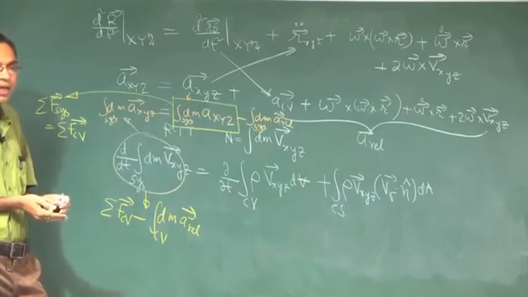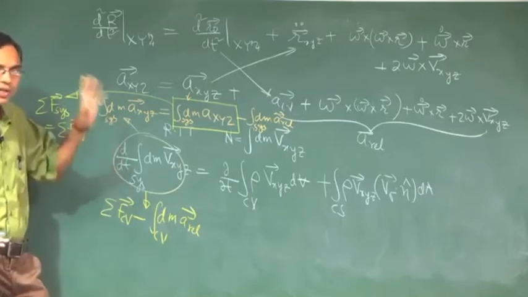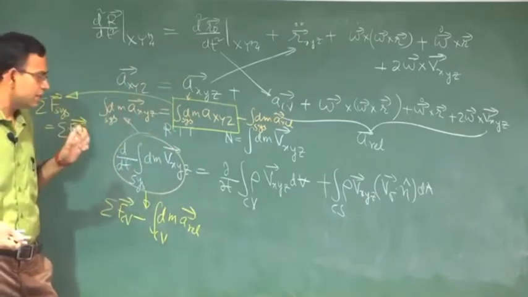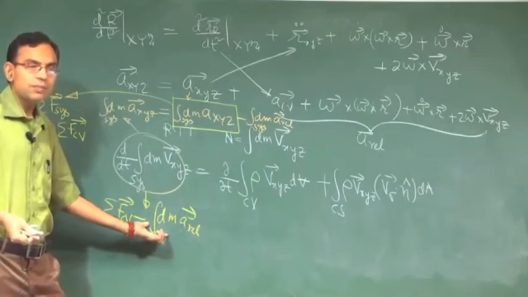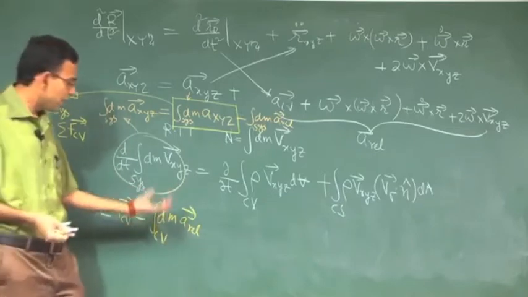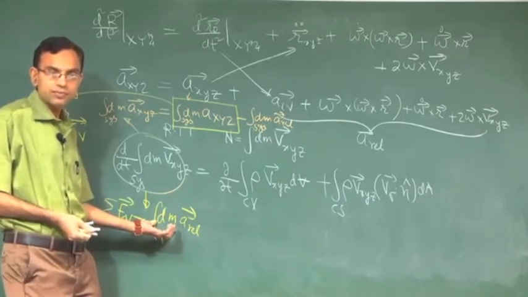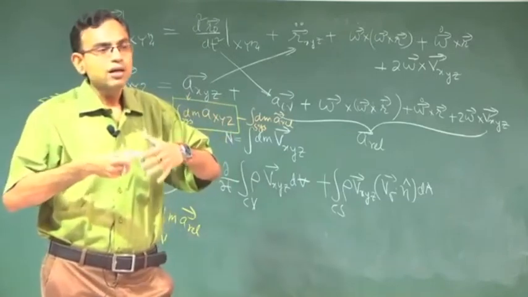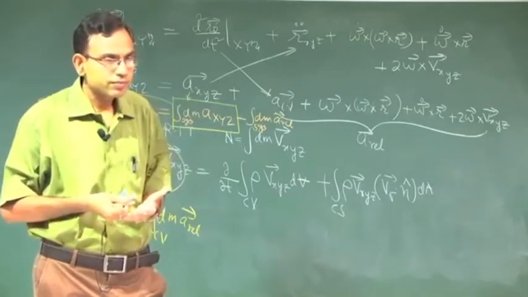So to get a summary, we can use the Reynolds transport theorem for an arbitrarily moving control volume for momentum conservation, but for a correction term where the force is replaced by force minus integral of dm into A relative. So this is an additional effective force which is like a pseudo force, that means a force which you can experience only if you are located on an arbitrarily accelerating reference frame, right.